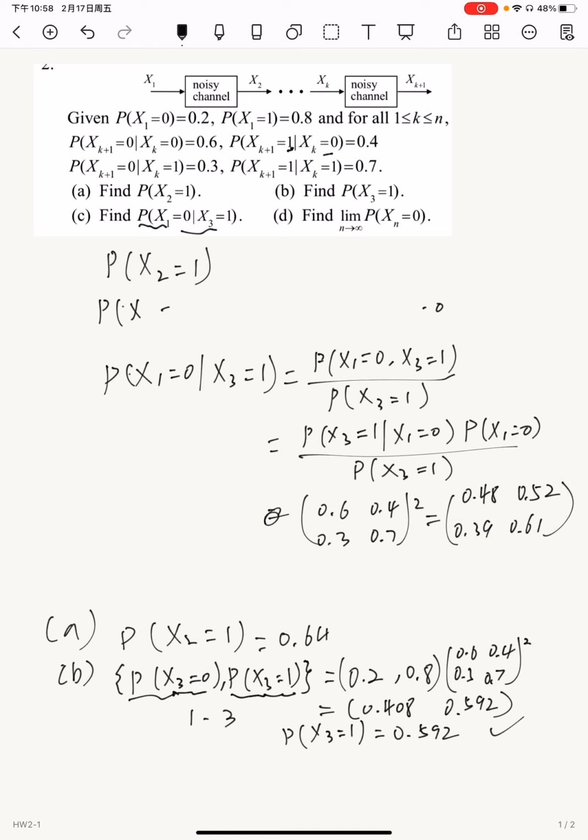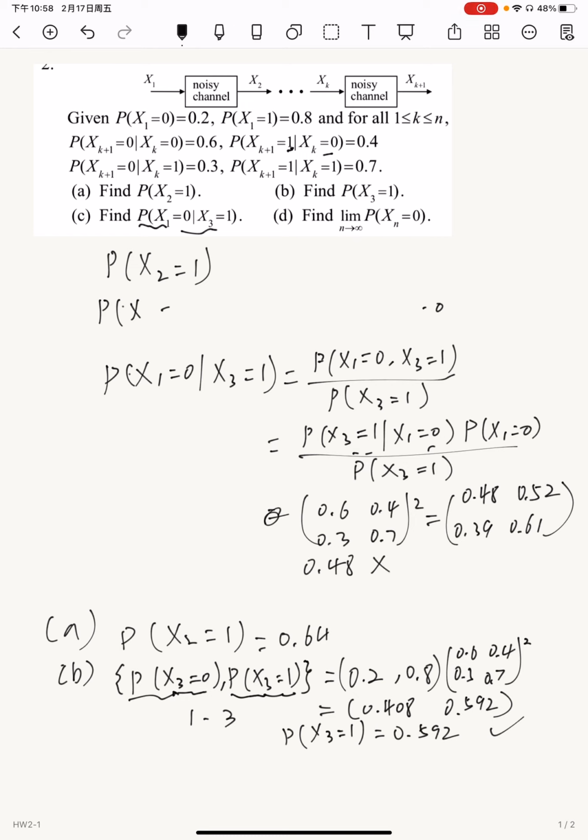So from the matrix, we know that the probability P(1|0) is 0.48. So